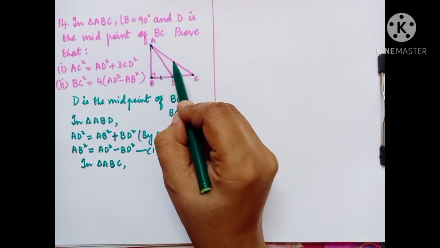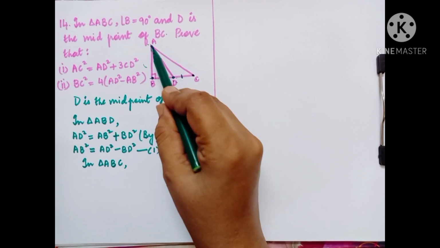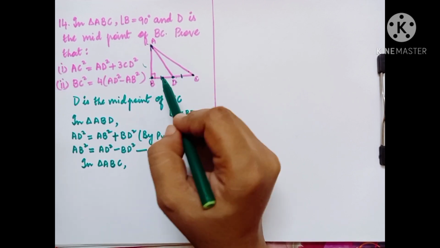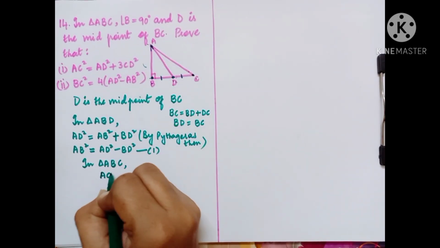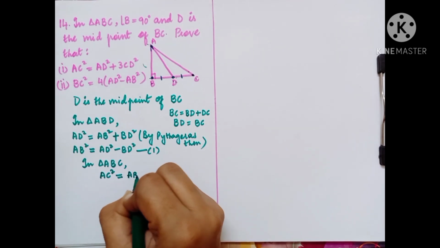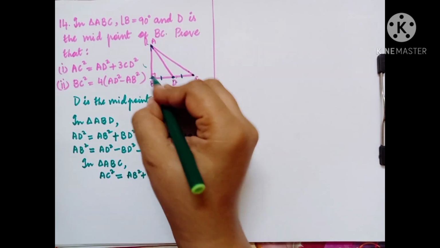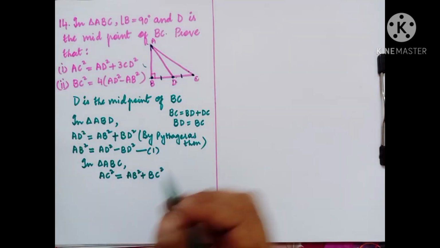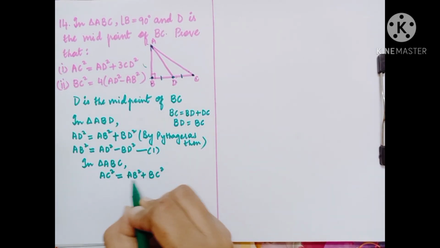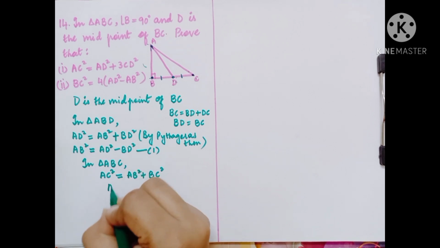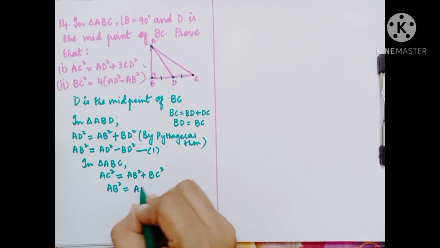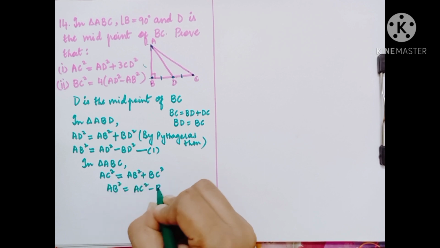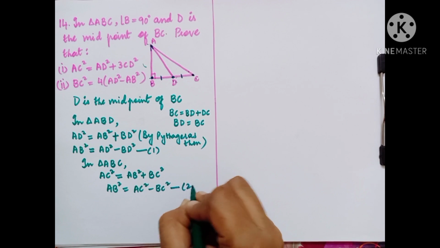So what is the Pythagoras theorem? This is the longest side in this triangle, so this side square equals this side square plus this side square, the sum of these two sides. So here the longest side AC square equals AB square plus BC square. Now again from this equation, if we want to take out the value of AB square, what do we do? Let us take AB square on the left hand side, then what is remaining is AC square and BC square. So AC square, and this plus BC will become minus BC square. Let us assume this as equation 2.